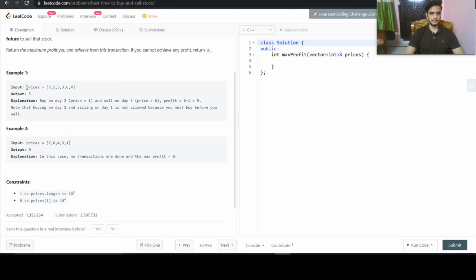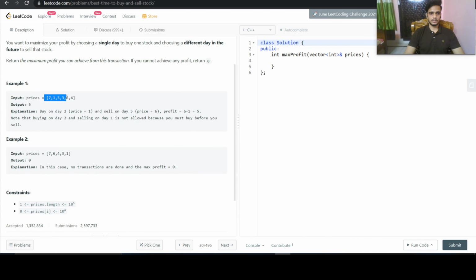So we are given a list of prices, and we need to buy one stock and sell it on another day, and we need to maximize the profit with this transaction. So we can buy a stock on any day, and we can sell a stock on any day. So for the best profit in the transaction, we can buy the stock on day 2 and sell the stock on day 4. Then we will get a maximum profit of 5. So that is what we are going to do here. So let us start our solution.